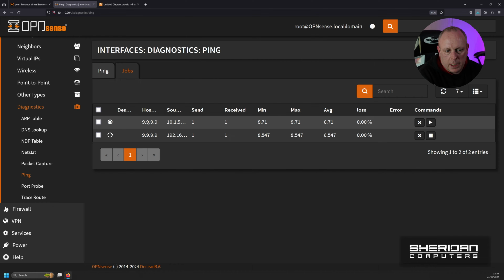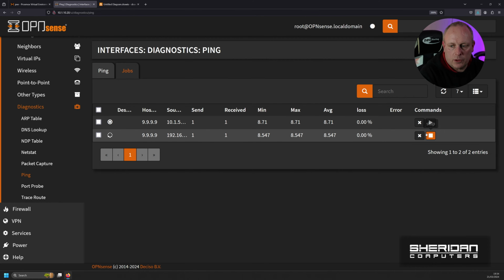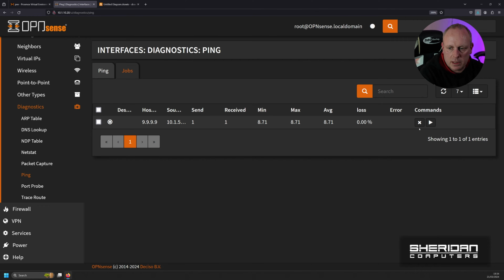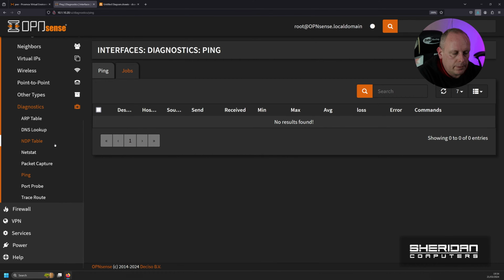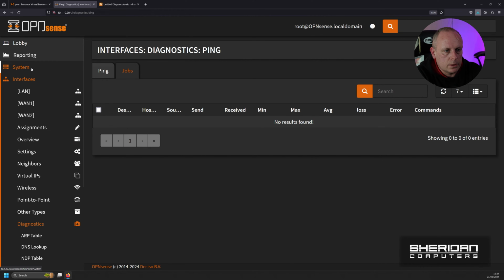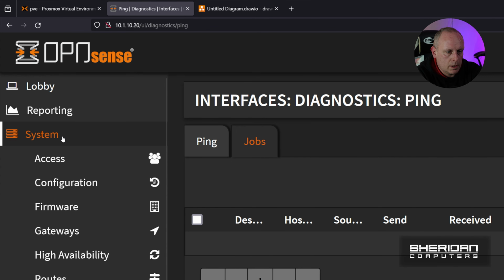We've pinged 9.9.9.9 from both of our WAN interface addresses, and they've come back with no problems. So it's a good idea to do that just to make sure you don't get any problems further down the line. I can remove these now, and with that, I'm going to head back up to System and Gateways,